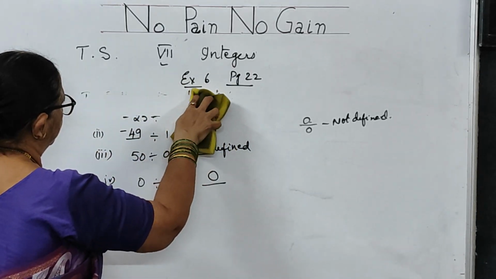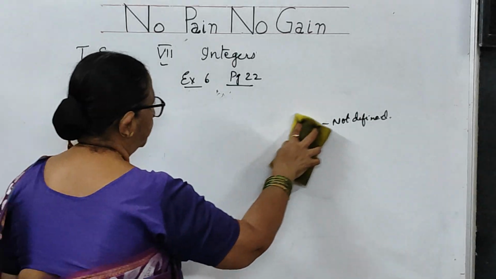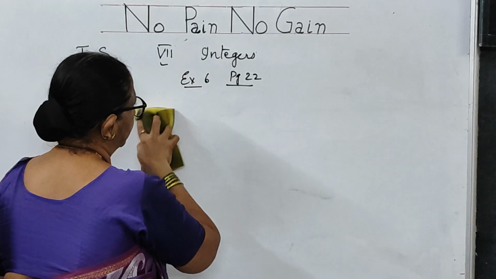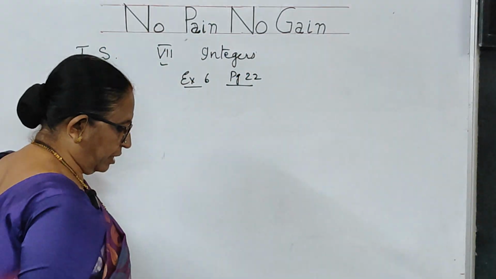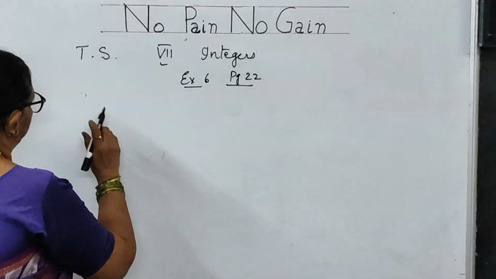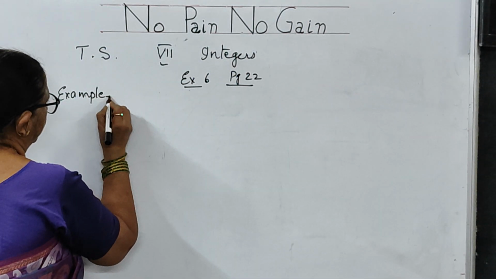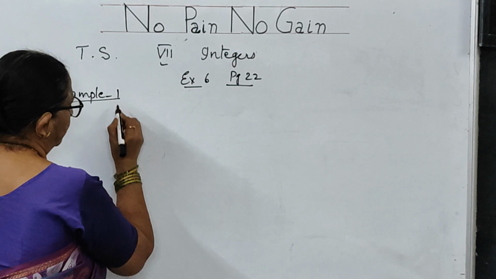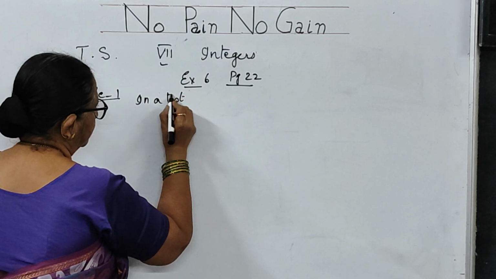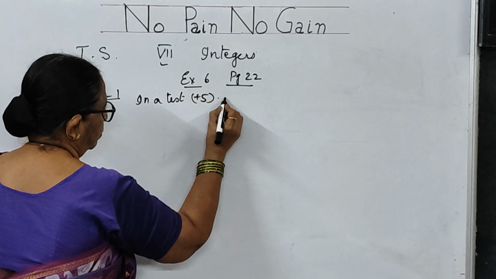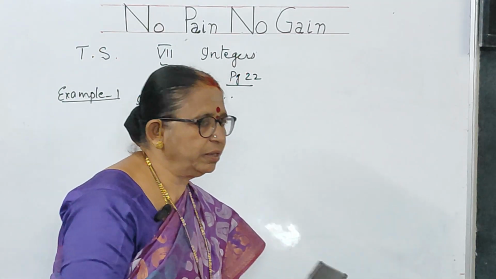Now, we will be dealing with the other problems, children. The problems that are given in your same page 22, practical problems using negative numbers. You have got example 1. The problem it is dealing with, in a test +5. It goes on. Let me read that problem, then I will explain the problem to you